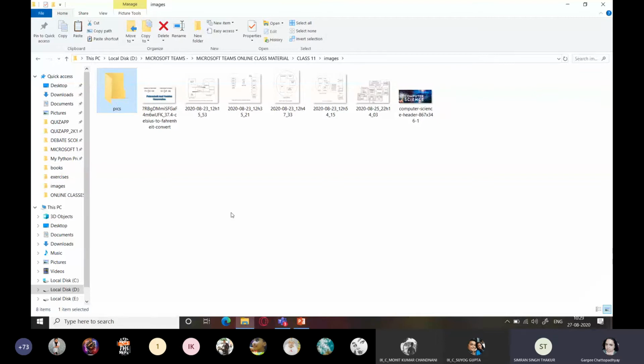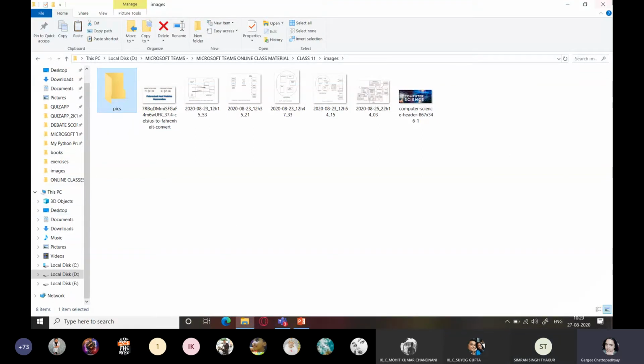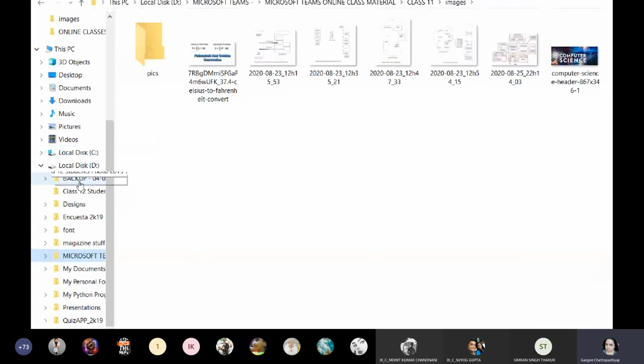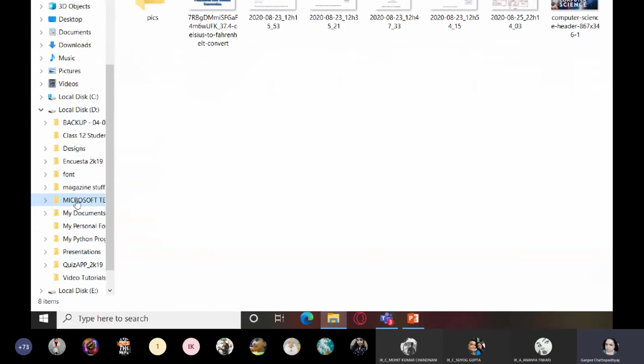Once again, I'll explain with some other option, with some other example. Suppose I'll go to D drive, and over here you can see this arrow mark. Just click on this arrow mark to expand D drive.